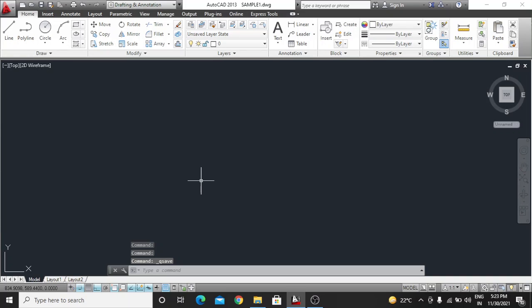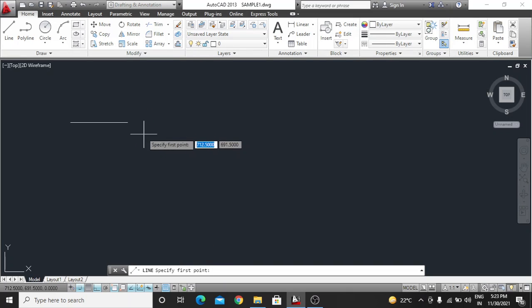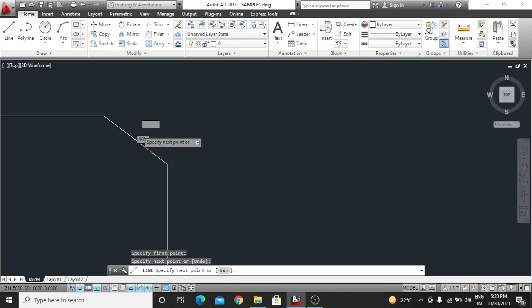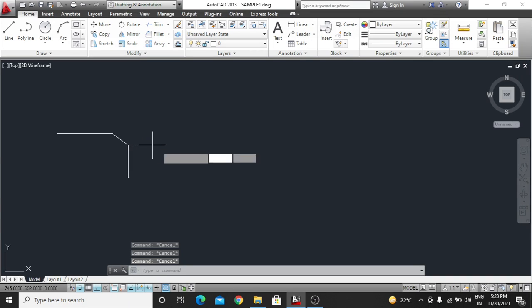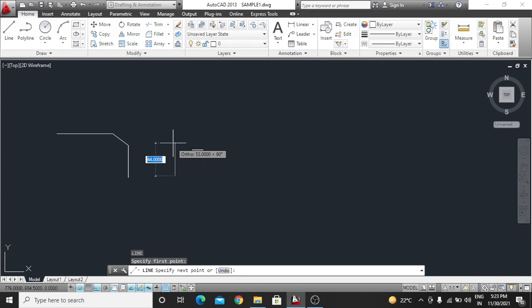Today we are going to learn another 5 to 6 commands. First is the chamfer command. What is chamfer? This corner is called a chamfer. And the second command we have is